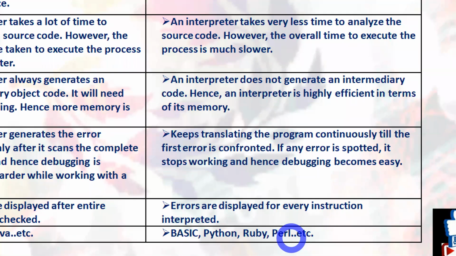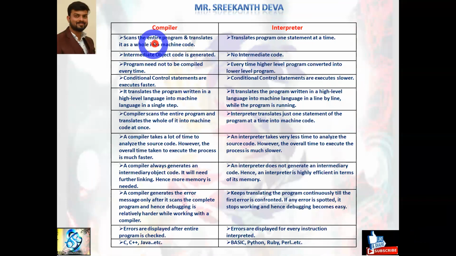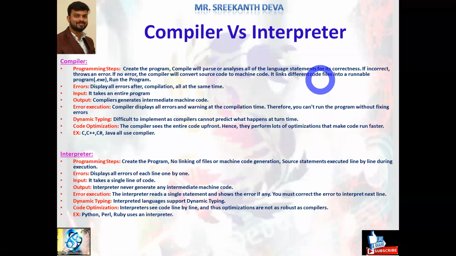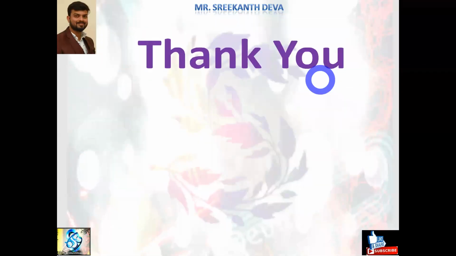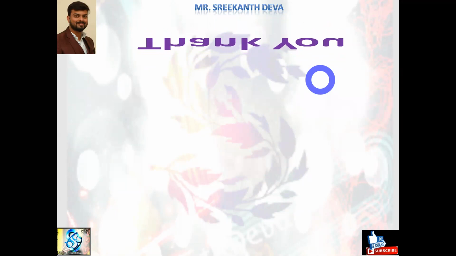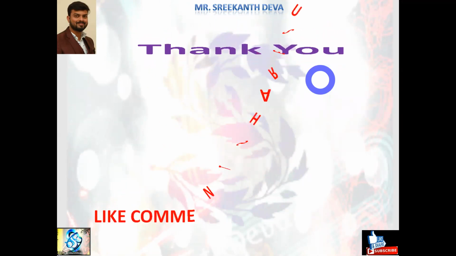Okay, so this is the detailed explanation I provided of what a compiler is, what an interpreter is, and the differences between the compiler and the interpreter. This much of differences is fair enough for interview purposes or exam point of view about compilers and interpreters. We will discuss in detail the workflow for particular programming languages, such as C, C++, and Java. Based on each particular language, I will try to explain in detail.